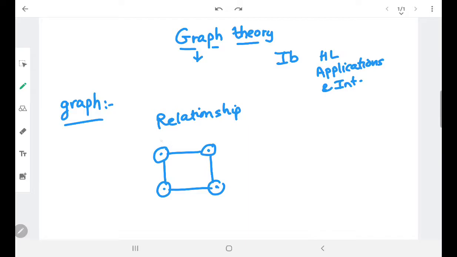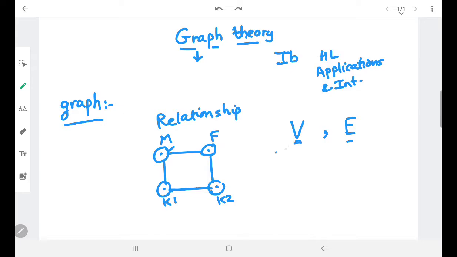This will be the relationship between them. For example, this is the mother and this is the father, and these are the two kids, kid 1 and kid 2. So kid 1 has a relation with the mother, that kid 1 is the kid of the mother. Now kid 1 has a relation with kid 2, that they are siblings. So the relationship changes as the points change. Now if we talk in a mathematical way, what is a graph? Basically a graph consists of two non-empty sets. Two non-empty sets means there will be at least one element in both of these sets.